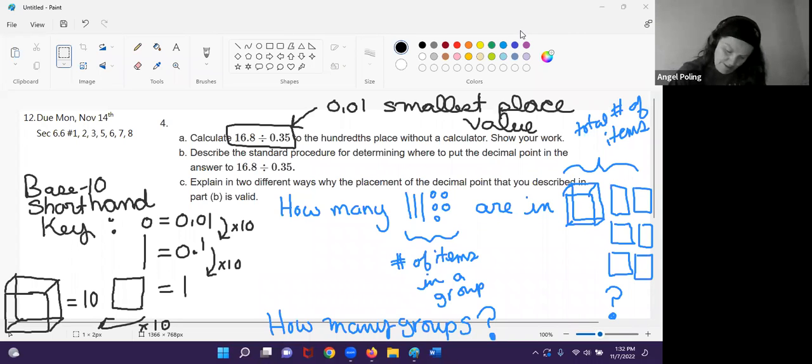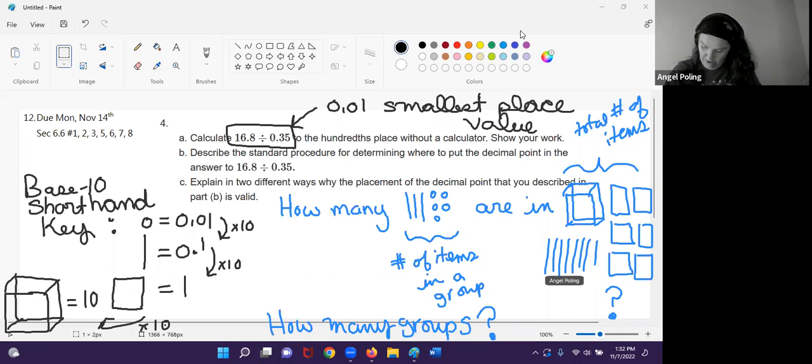Okay. Sorry about that. I just noticed those are supposed to be rods. 1, 2, 3, 4, 5, 6, 7, 8 rods. Okay, let me fix my notes. I don't know. No one's ever going to look at them again. 1, 2, 3, 4. 1, 2, 3, 4. Okay, so